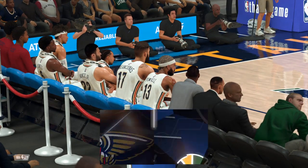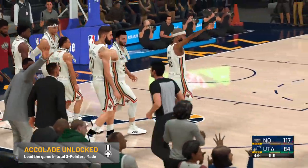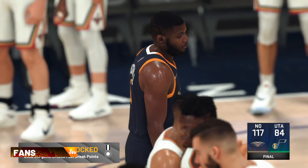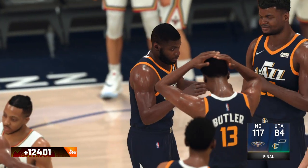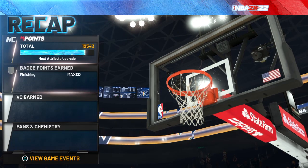New Orleans. They've hit just 1 of 6 from deep. So we see New Orleans taking the W here. This crowd was stunned by the manner in which their team was dismantled. You know what? I don't care what the matchup is. You never expect a road